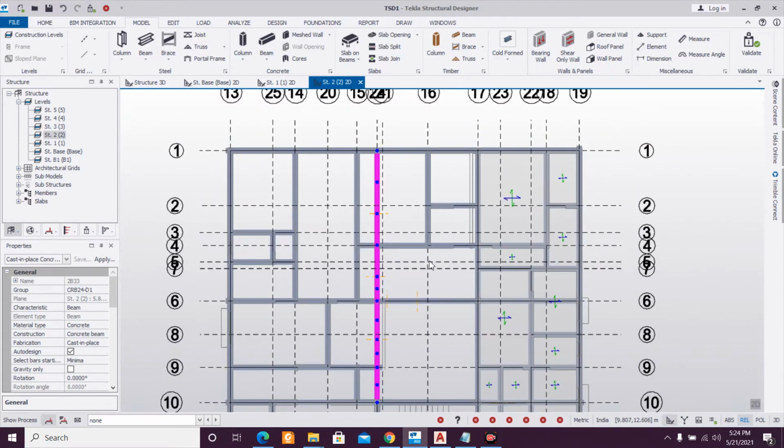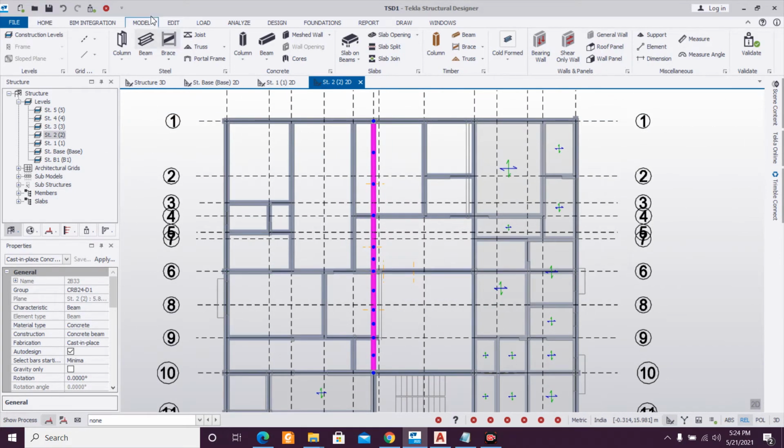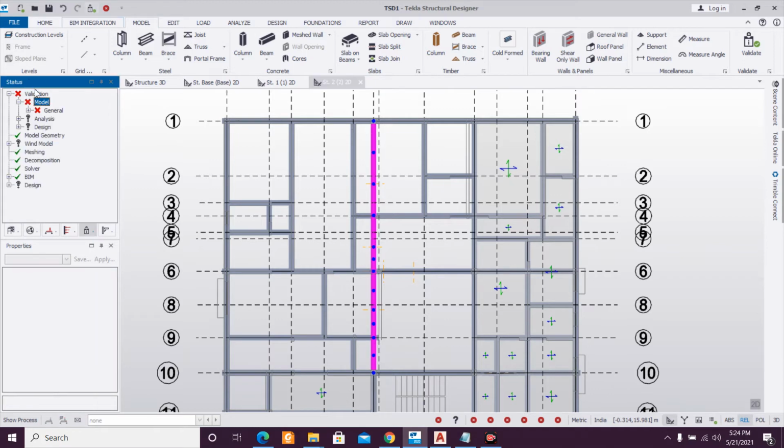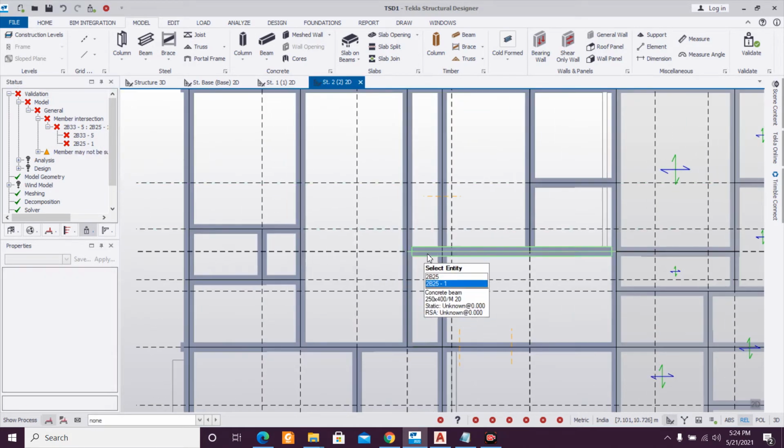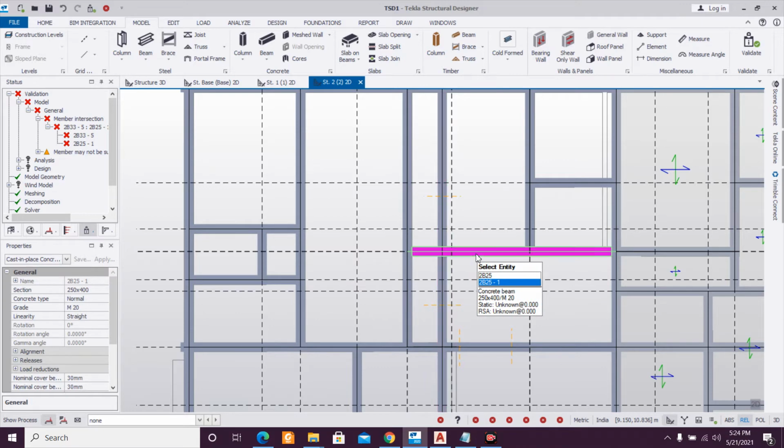Okay, hope we have done this. So look at it, validate it and check any member intersection will solve this. Okay, only one we have. Okay, in fact two. Which member? Let's see. Okay, this one we're having.